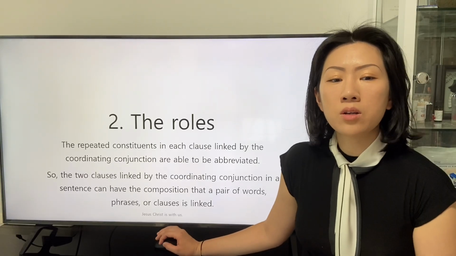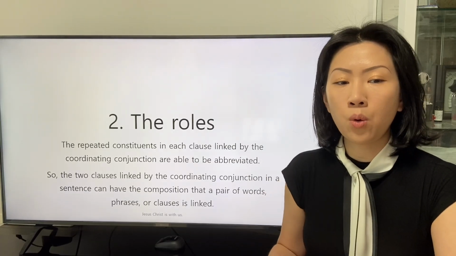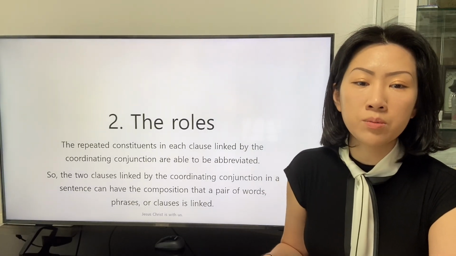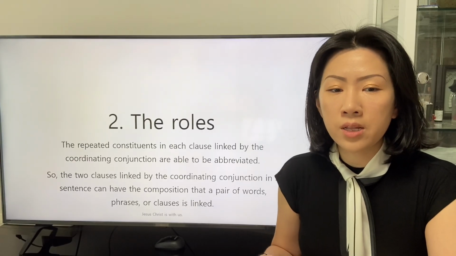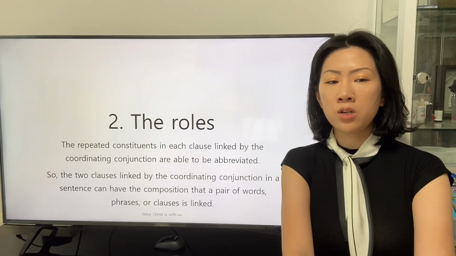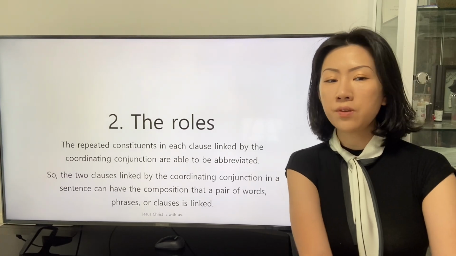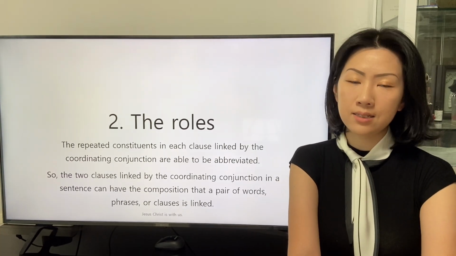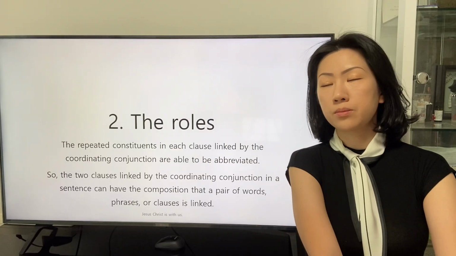The repeated constituents in each clause linked by the coordinating conjunction are able to be abbreviated. So the two clauses linked by the coordinating conjunction in a sentence can have the composition that a pair of words, phrases or clauses is linked. For example, we can say that